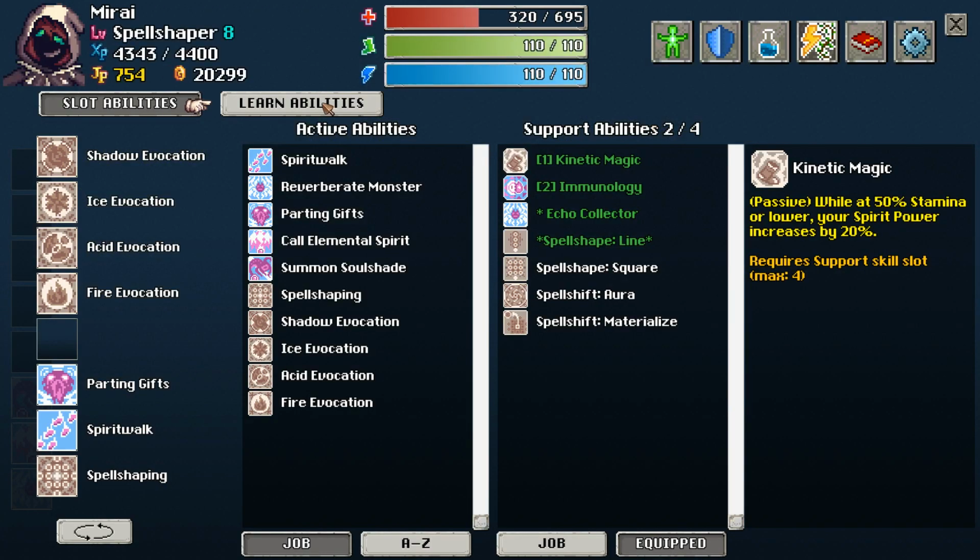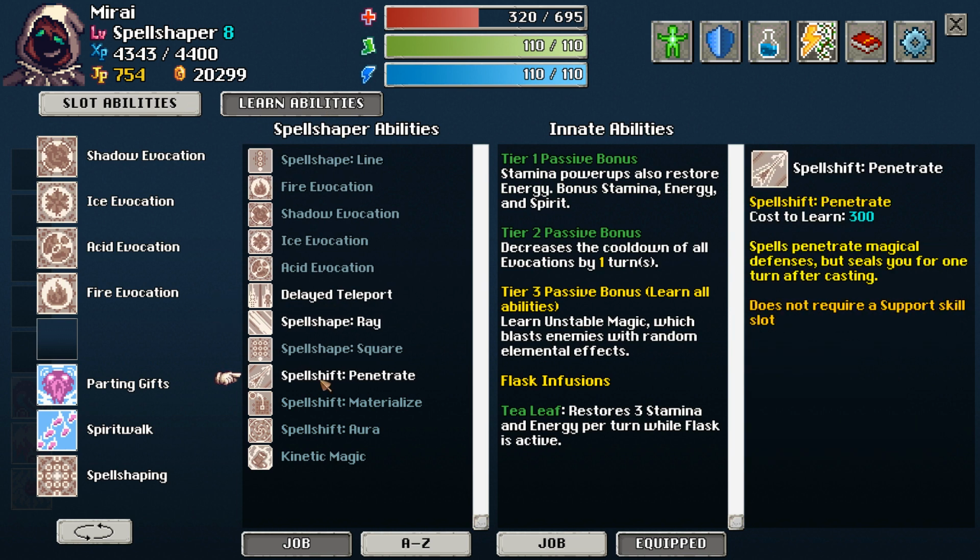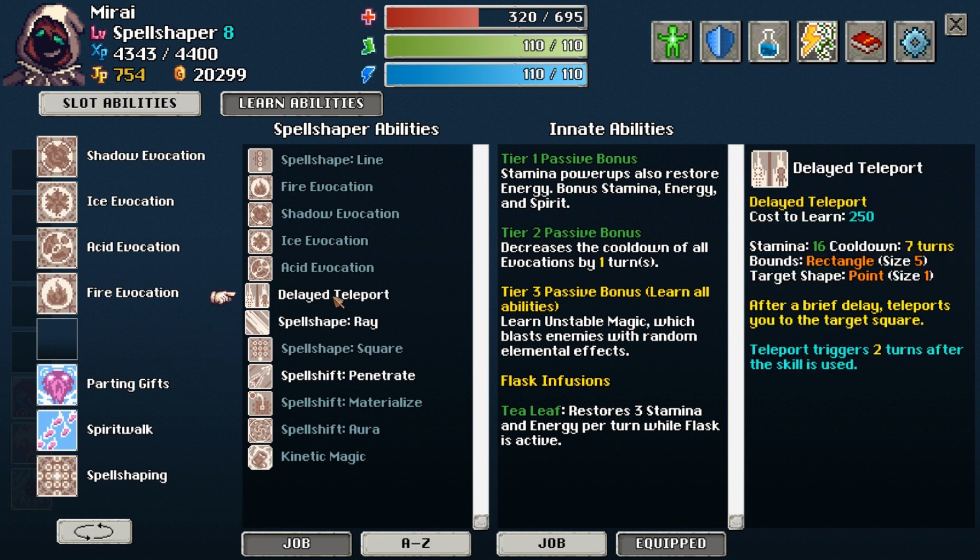Also, we have job points, actually a lot of job points. So, we have 2 more spell shapes to pick up, a ray emanating from you, so just infinite in distance, you know, like a ray. And penetrate both still have to be picked up, and also delayed teleport. So delayed teleport is really useful. It is a teleport that can be targeted anywhere you want on a pretty short cooldown, but because it delays 2 turns before it goes off,